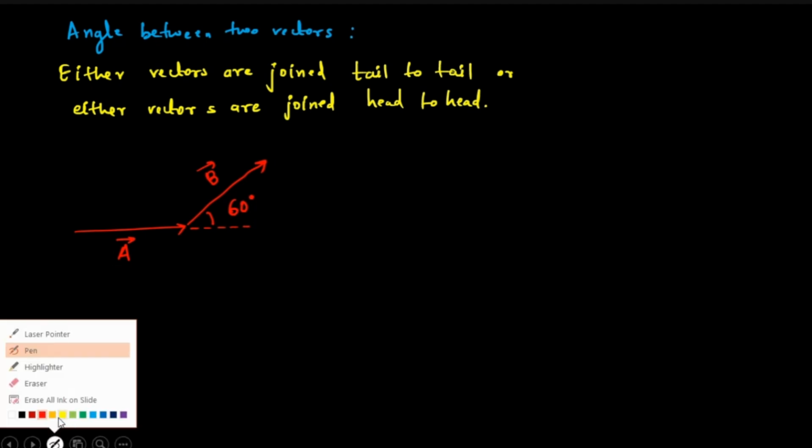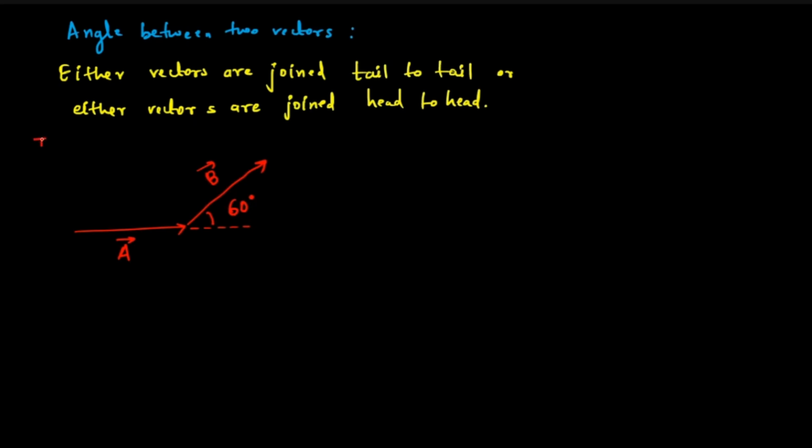Let us understand it in the form of an illustration. The question says, what is the angle between these two vectors? So what can you say? 60 degrees. It is correct, but